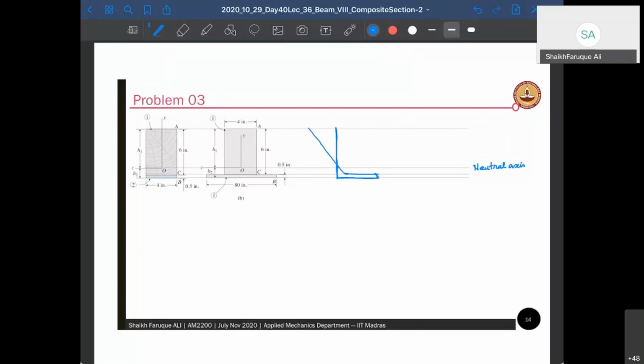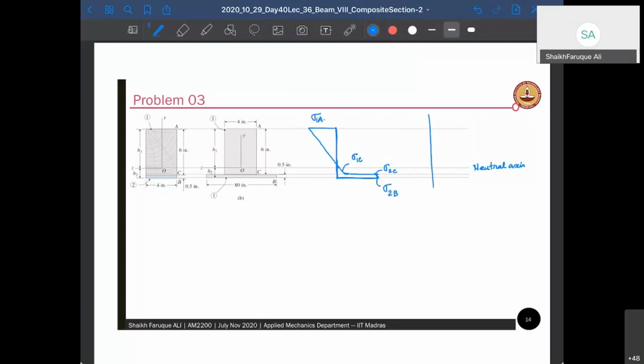Yeah, 0 at the neutral axis, and then this. So this is sigma A, this is sigma 1C, this is sigma 2C, and this is sigma 2B. And the strain